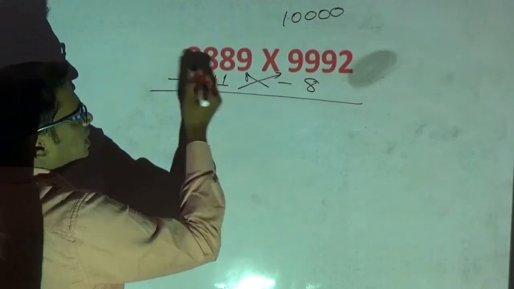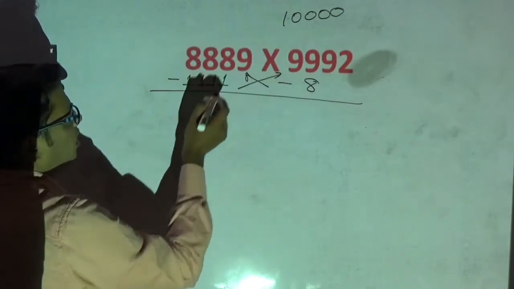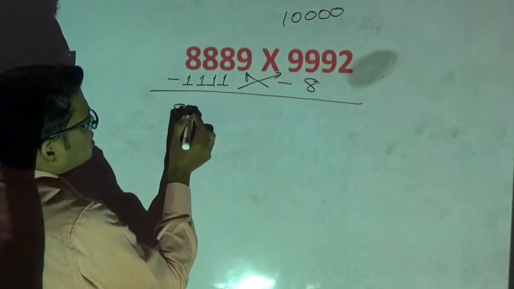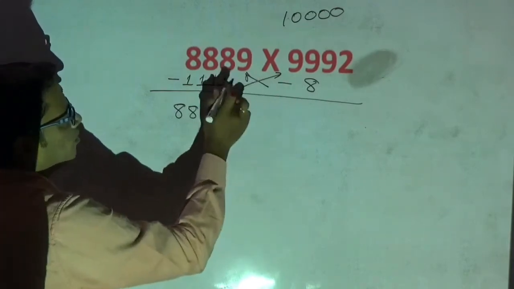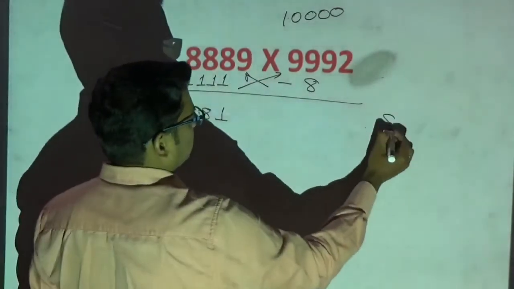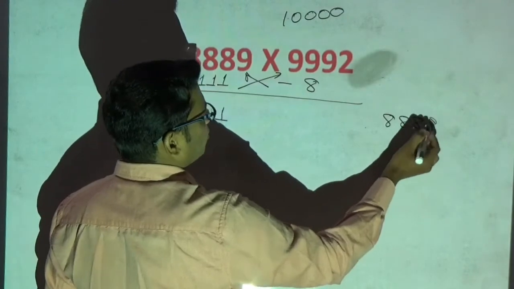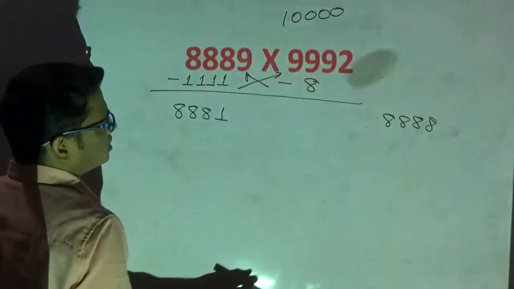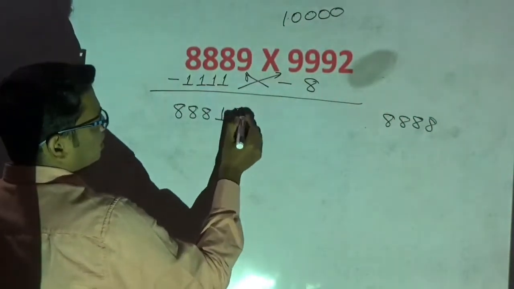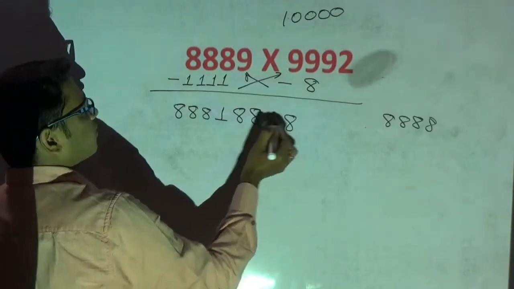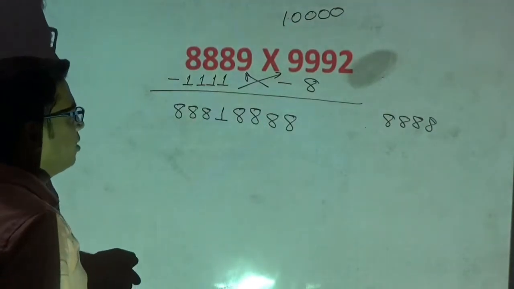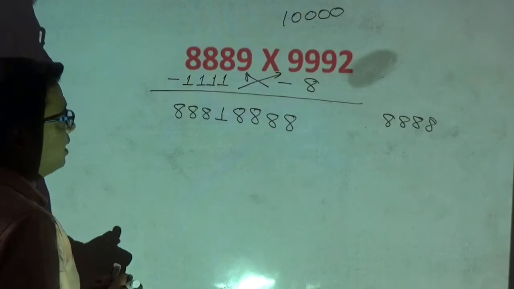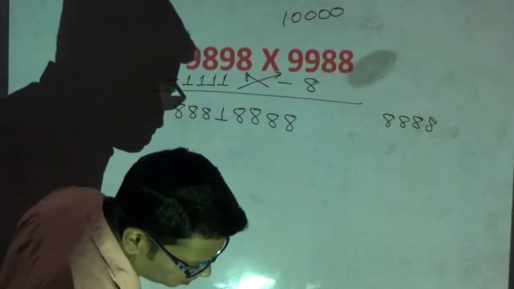Like this or like this you can do. Anything you can do. So this is easy here. I will do like this. 8, 8, 8, 1. Then you have to multiply. If you multiply this, it will be 8, 8, 8, 8. Now you observe 10,000 has got 4 zeros. This is also 4 digit. I will put here 8, 8, 8, 8. My answer for this example is 18888. Hope you have understood. I will go for the next question.